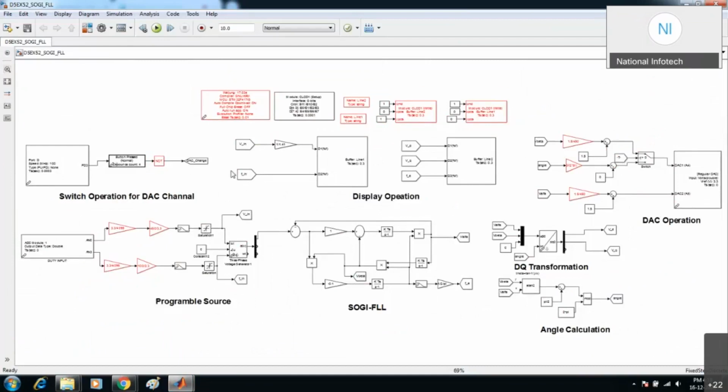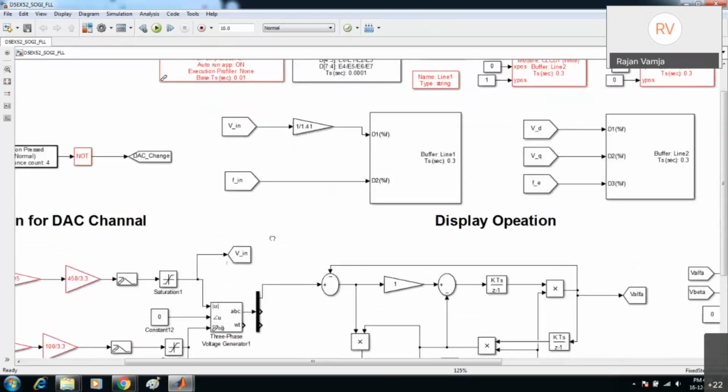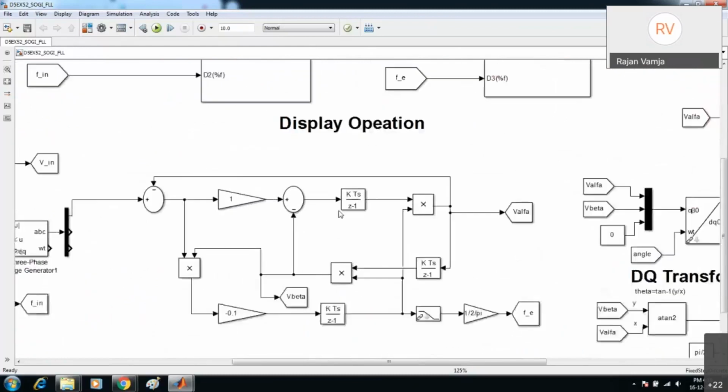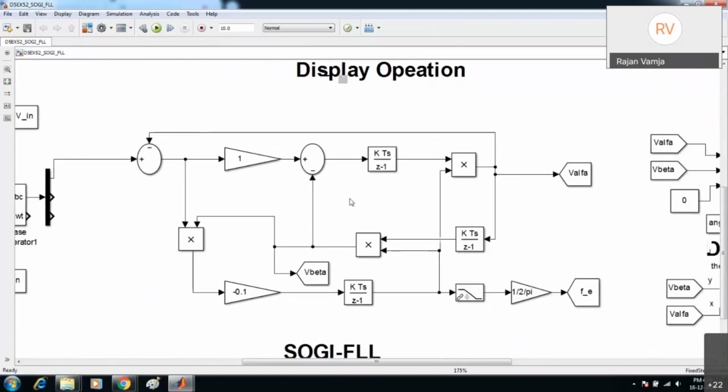I will explain a little bit here. What is the major difference between the two techniques, we will clear that here. Almost 10 minutes of time is also there, then we will see some question and answer related to implementation. The major part here is that only the algorithm is changing. The display part is the same, the ADC part is the same, and the DSC part is the same. Only the method of deriving the angle is changing.